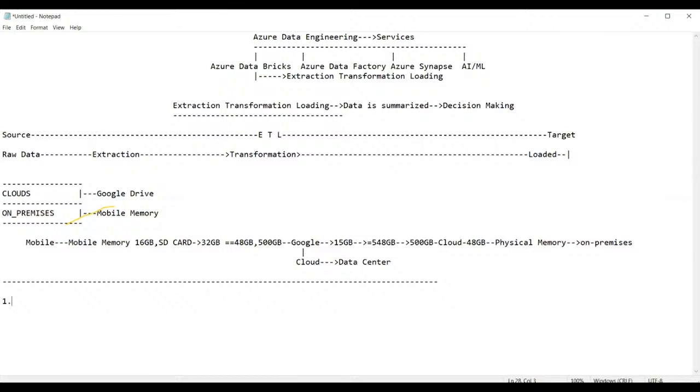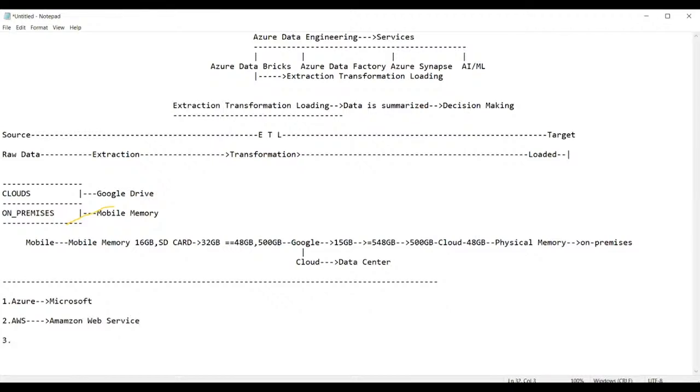The first one is Azure. Azure is a cloud provider from Microsoft, which markets its cloud product under the name Azure. The next provider is Amazon, or AWS, which stands for Amazon Web Services.